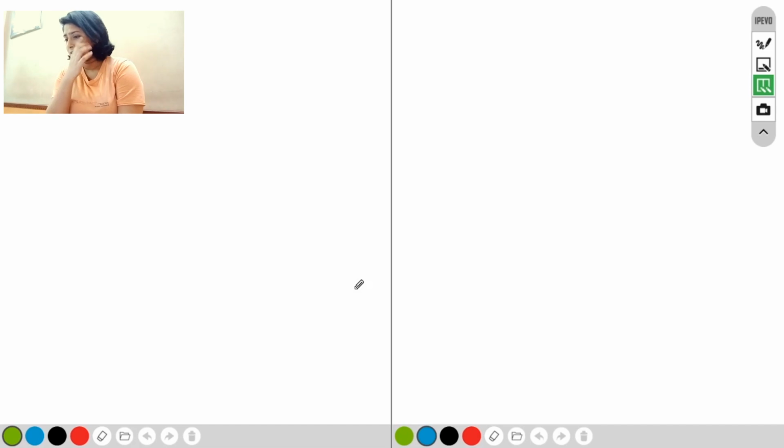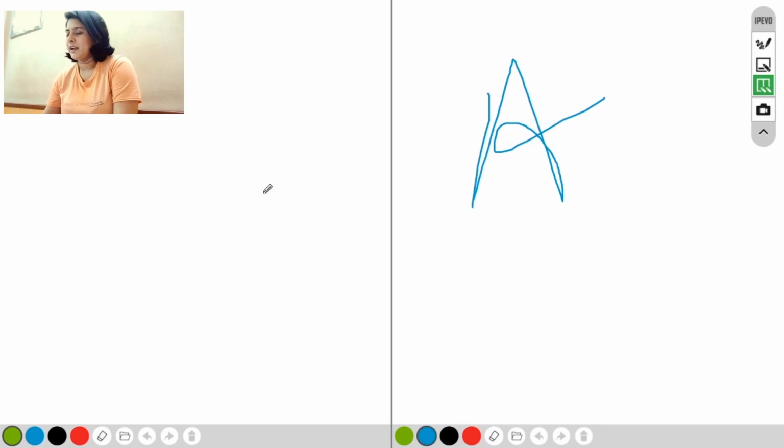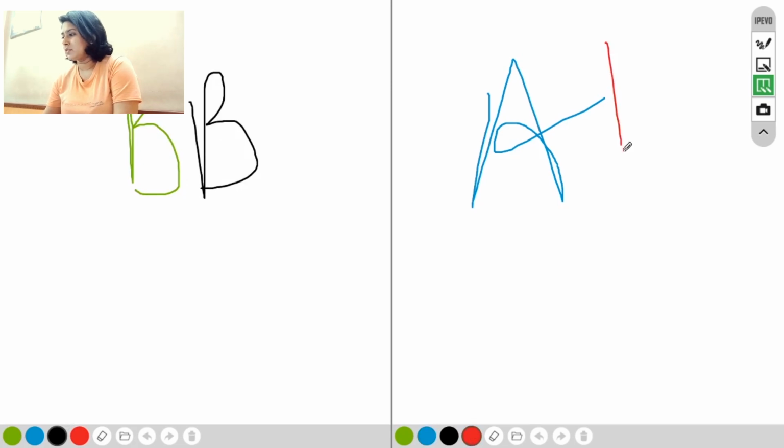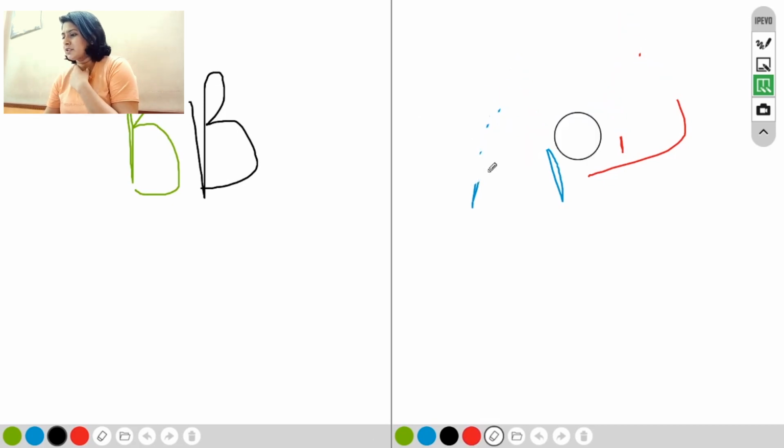Yeah, so to use these tools, you have 4 colors on both the screens. You have eraser and a folder. So yeah, you can use anything. If I write A on this screen and I write B on this screen with green pen, or I use black here, or I'll just go back to this and I write B here, and I use the eraser here and I can rub everything off I've written.